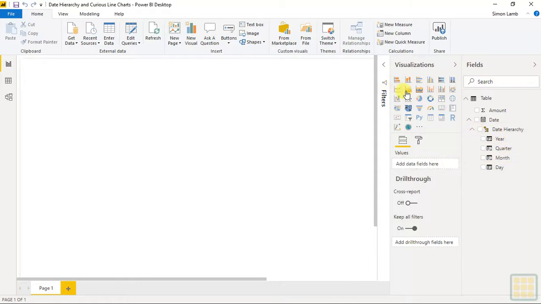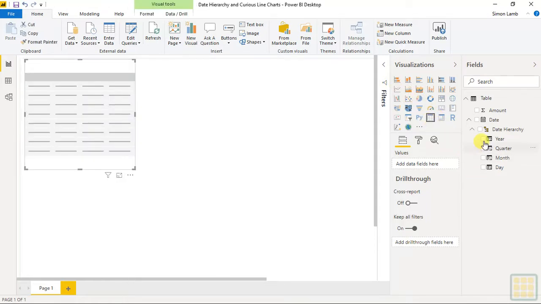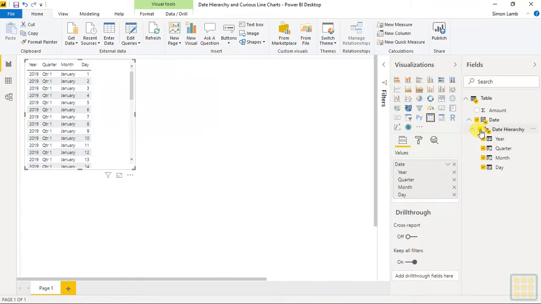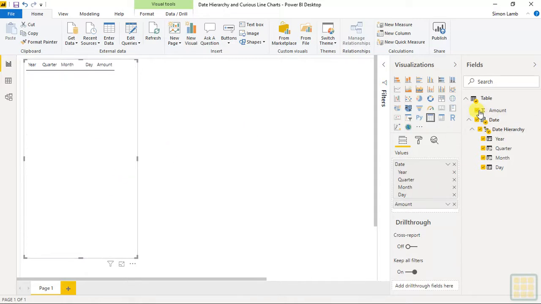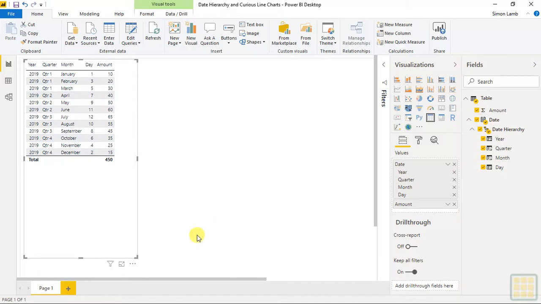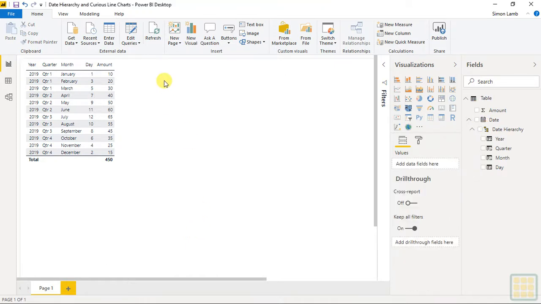So if we put a simple table on the page, put the date hierarchy in, you'll find that that date hierarchy covers the full 12 months of the year. So it goes from January the 1st through December the 31st. It gives you all the quarters, all the months, all the days. If we put amount in, then it just collapses down and shows you just the particular days and those sum of amounts. So in the background, Power BI has created you a